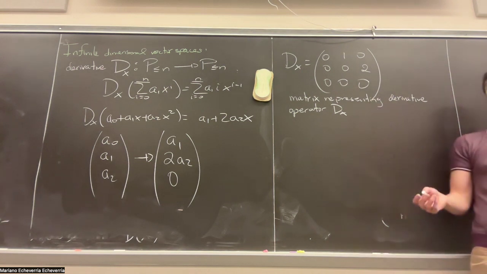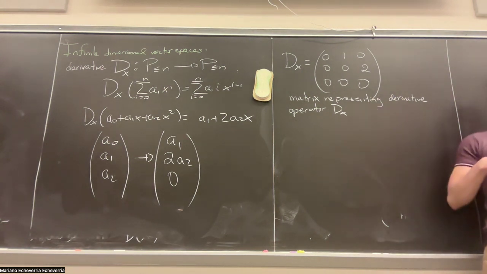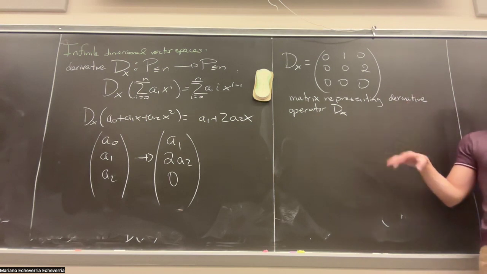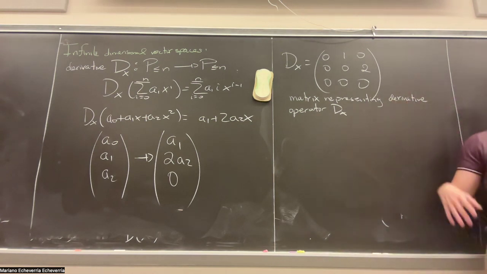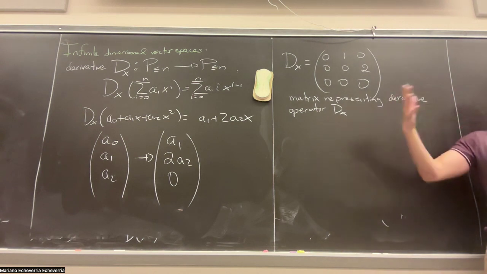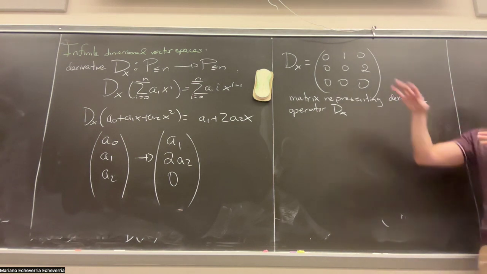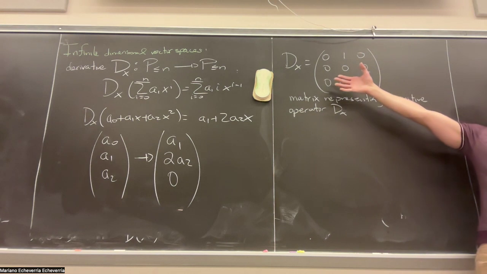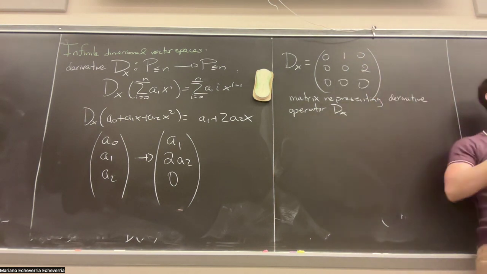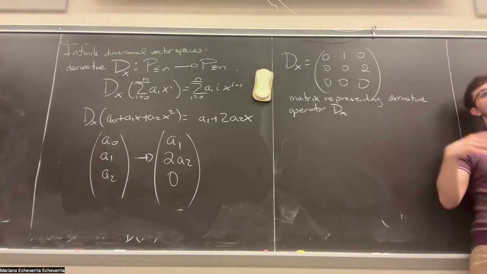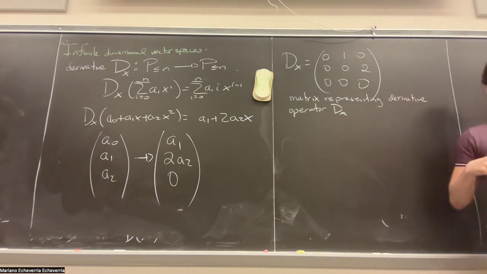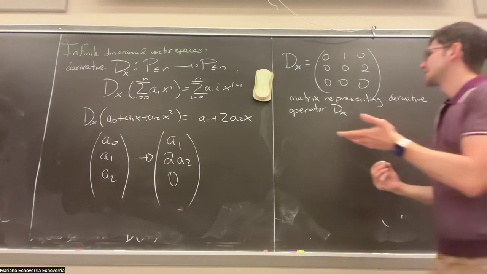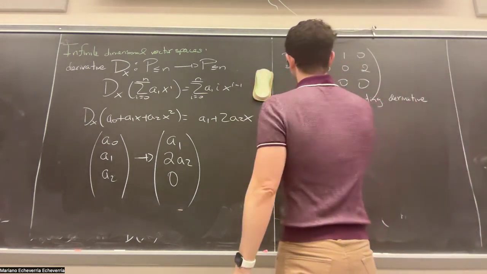So once you have the matrix, there are certain things that are specific to the choice of basis, right? The way that we are choosing the isomorphism with R3 does give you this particular representation for the derivative. But there are things that are independent of the basis. For example, the eigenvalues are independent of the basis, right? So for example, you could ask, what are the eigenvalues of